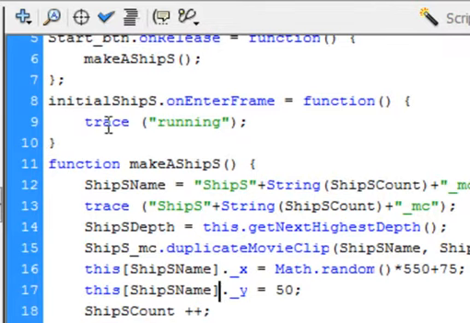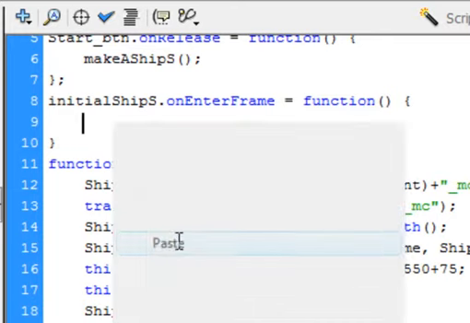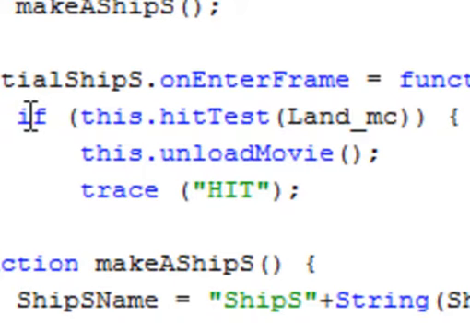in this function here where we have this trace running, we can get rid of that. And we're going to type this in. It's an if statement. That means it's a test. If bracket this, meaning whatever movie clip count we're on, if this movie clip hits the land, so it's dot hitTest, small h capital T, bracket land movie clip, capital LAND underscore MC, bracket, two close brackets here,